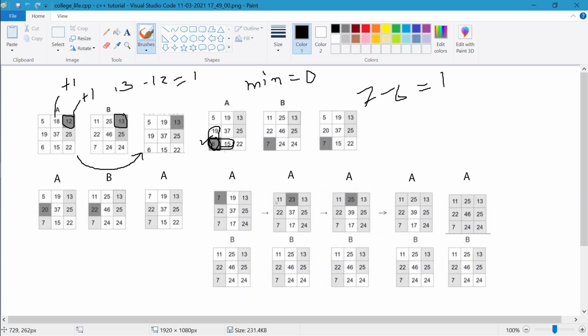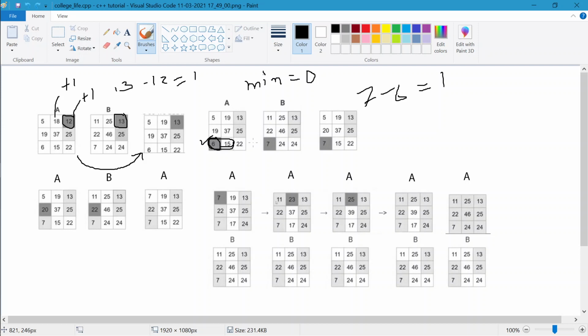Again you will see here 15 is not equal to this 15. Why am I doing so?